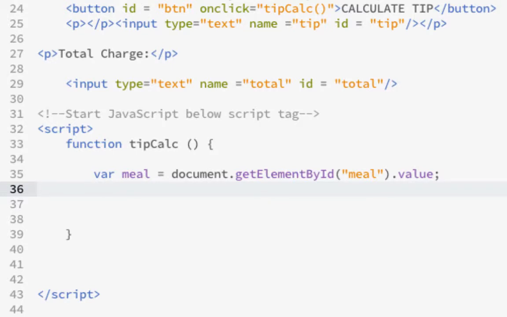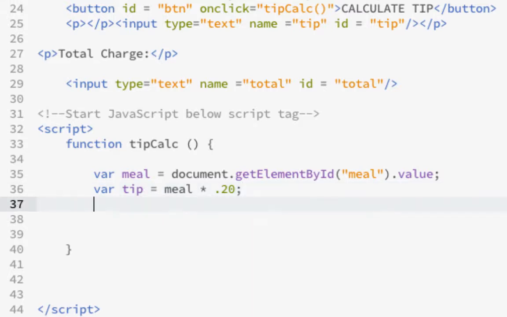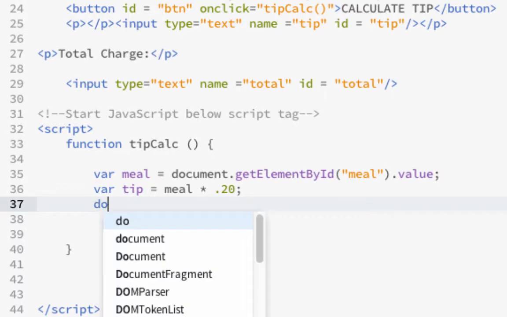And then I'm going to put a variable for tip. This should be an easy one, because we're basically going to take meal, and then we're going to multiply it by 0.20. We could adjust this later if we want to put some different types of tips in there, but right now we're just going to put that. So that's going to take whatever we put in for the meal and multiply it by 0.20 to get our tip amount. And if we want to display our tip amount, we could do document